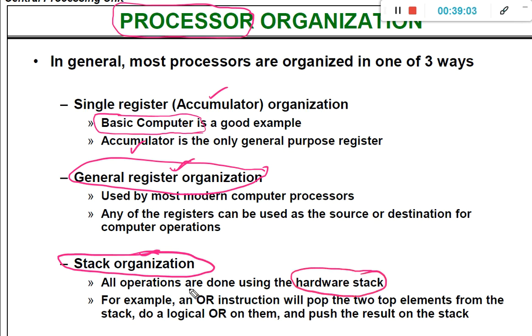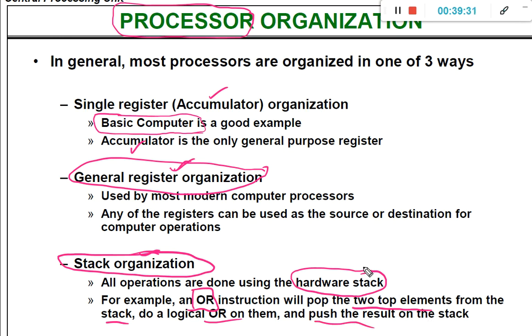For example, if you want to perform a logical OR operation, you pop the top two elements from the stack, do a logical OR operation, and push back the result onto the stack. Like this, a processor can be implemented in three different ways: using a single accumulator register, using a general register organization, or using a stack organization.